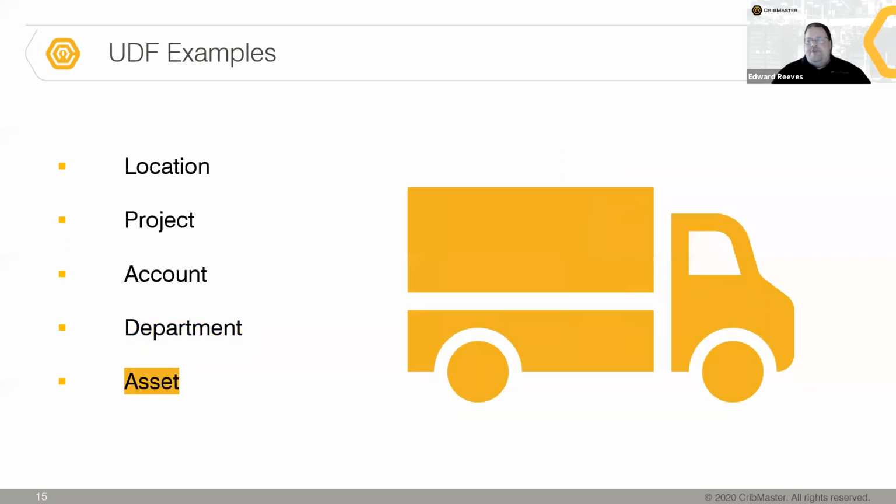Once again, asset tracking. Even if you're not using preventive maintenance, you can still set up assets. So you can run reports like, I'm